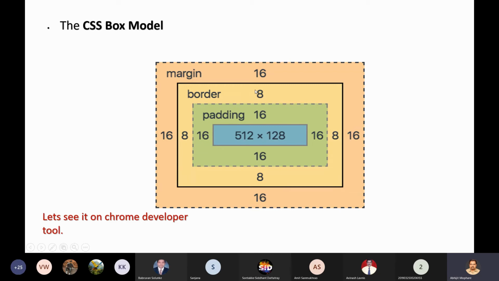So why is this important to understand? Because your web page has several elements which are sitting together, so obviously they will take some space. Whenever a few elements are sitting together and taking space, they will push each other to the left, right, top, bottom side.